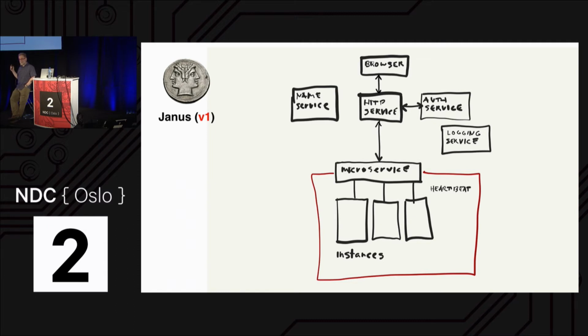I'm not completely happy with version 1. I'll talk about version 2 in a second, but again, I want to talk about my thinking as we went from point A to point B. Here I had the browser. This is a very Mongrel kind of system, right? Here's the HTTP service, which is just a microservice running on this system. There could be multiple instances of it. There's a simple naming service, so we're using 0MQ to talk between these two elements.